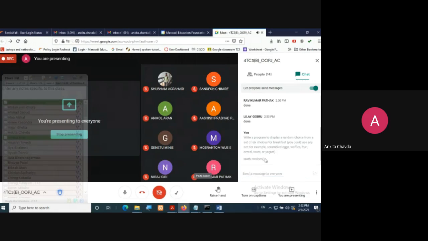I've written this into the chat, right? You will simply search about it and just let me know what this function will do. You will also have a random class, but right now we are not discussing this random class.